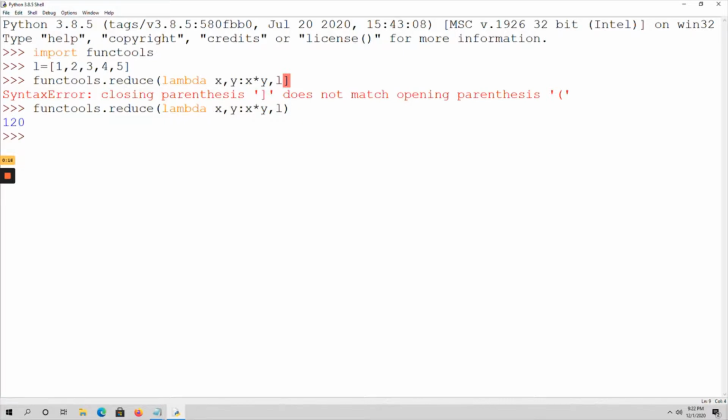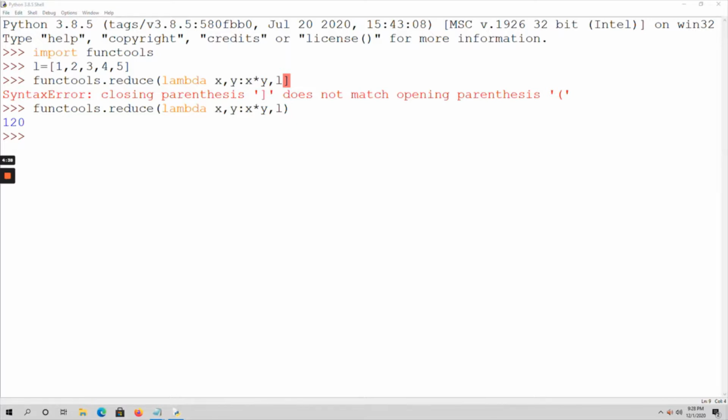So here all the elements of the list are multiplied with each other. How will the multiplication be done? See, my list contains 5 elements, 1, 2, 3, 4, 5, right? Within the reduce function I have used a lambda function x comma y. Here x comma y means the first two elements of this list.